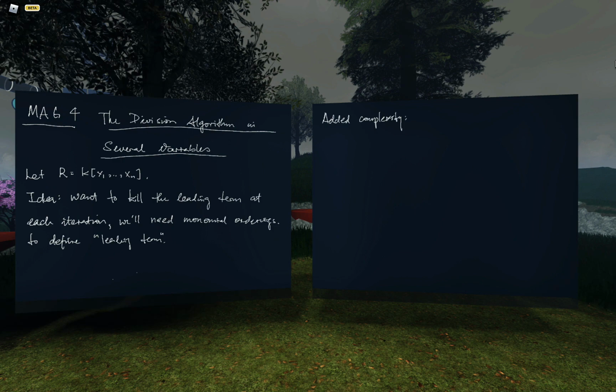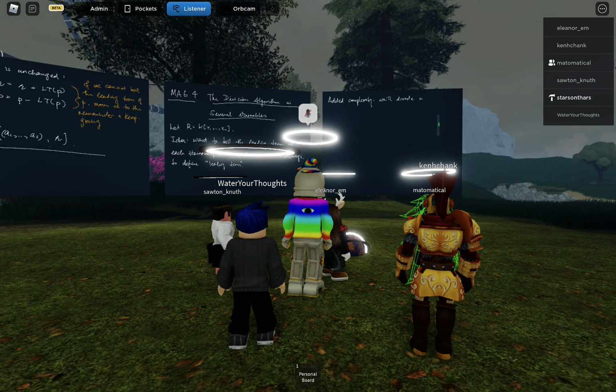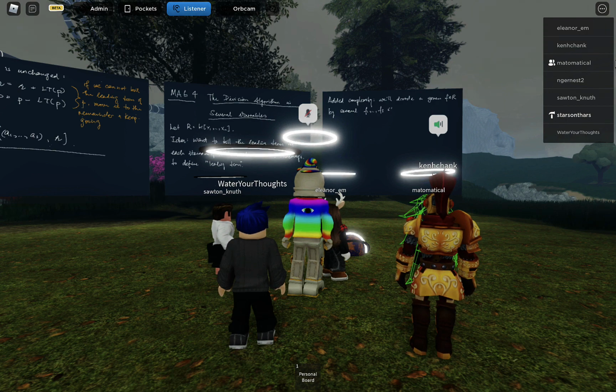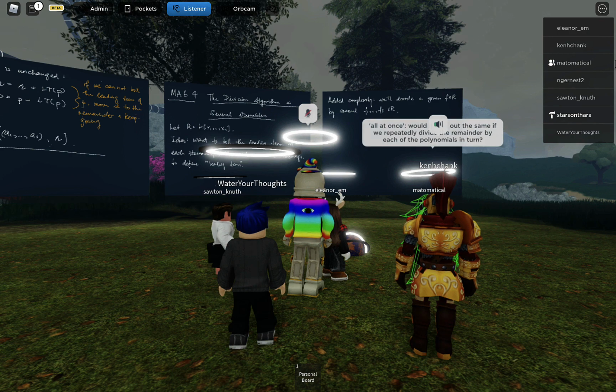So the other added complexity is that we'll divide a given f in R by several f1 to fs simultaneously. I guess, yeah, just at the same time. So the goal is to get